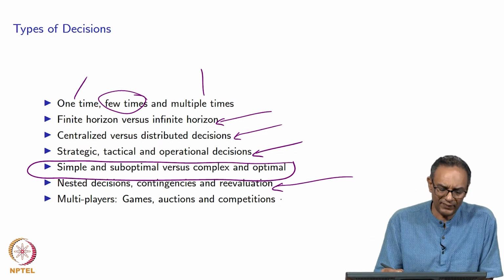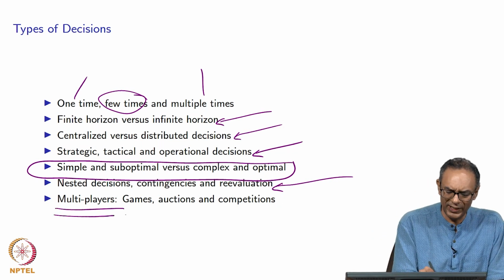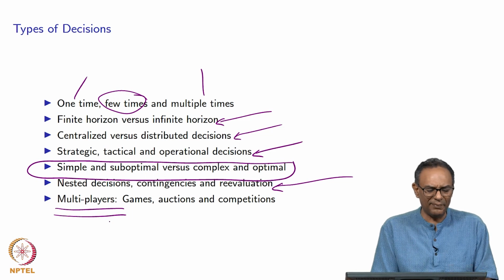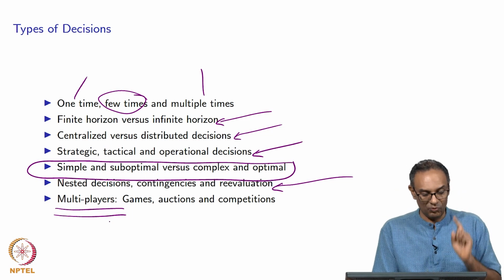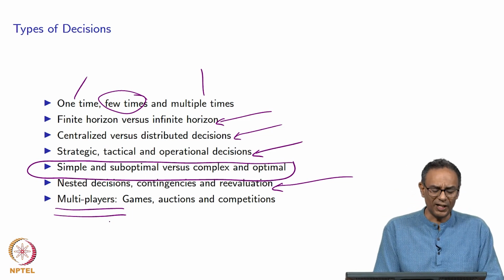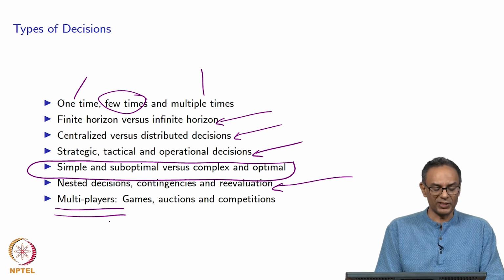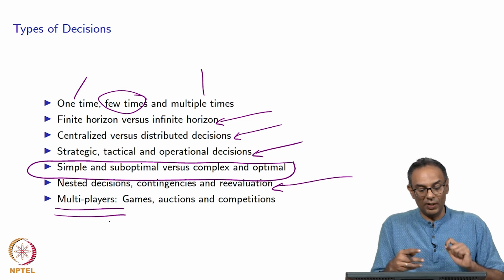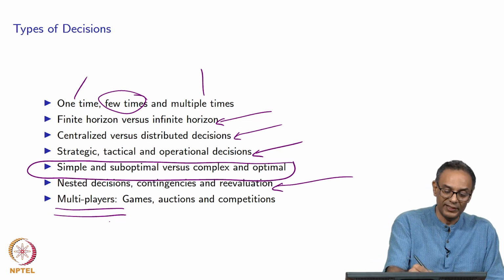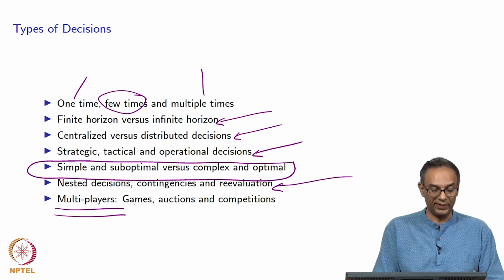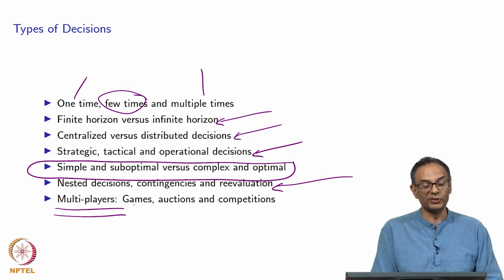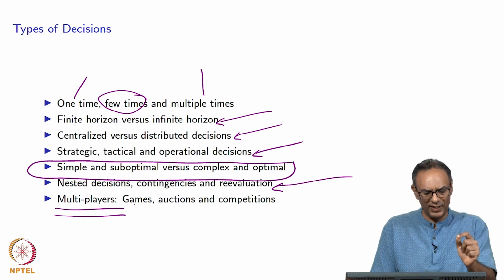And finally, I do want to say one other thing. Almost the entire course, except in one situation, we will talk about where there's only one player. But at times you might be in situations where there are multiple players and you want to come up with strategies. And these fall under what is called games. Okay, game theory is what is used to solve some of this. We will touch upon this in one topic, but mostly we will not be in this situation.